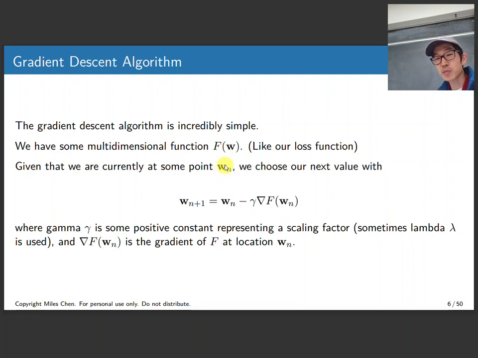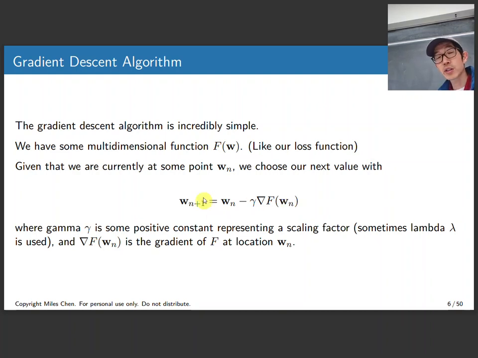You start at some arbitrary location, W at time n, that's what W sub n is, and then what we're gonna do is, based on our current location, we wanna find the value at the next iteration. So that's going to be W at time n plus 1, so W n plus 1. And the way we find it is we just take our current location, W at time n, and we subtract off some positive scalar constant,